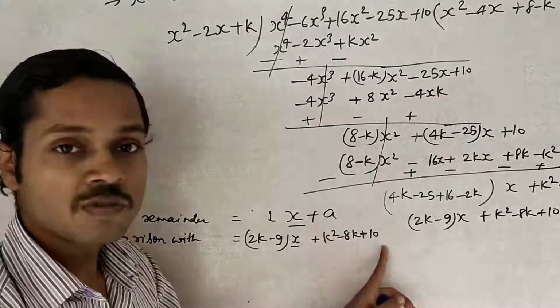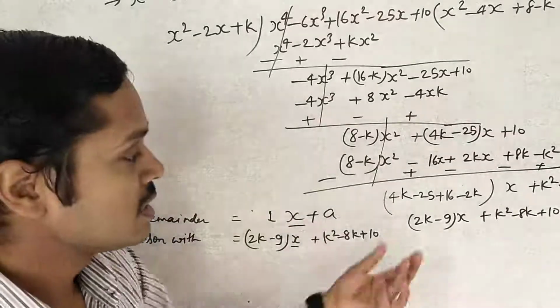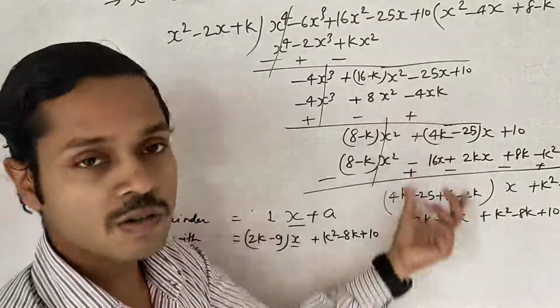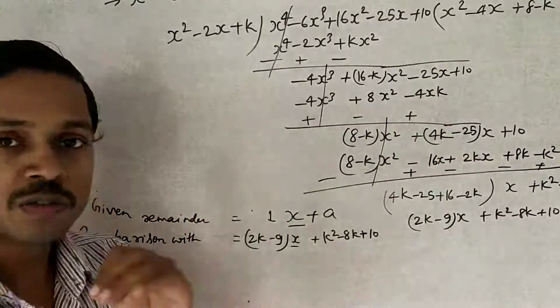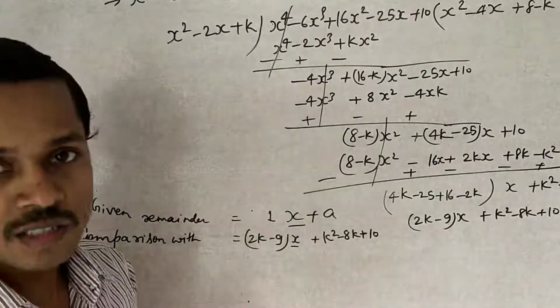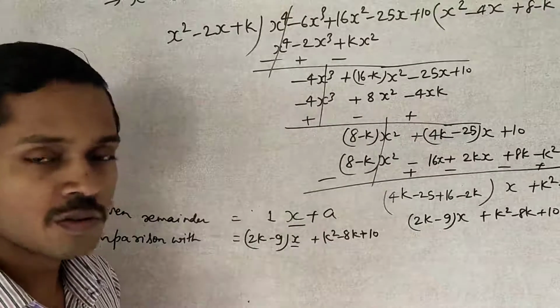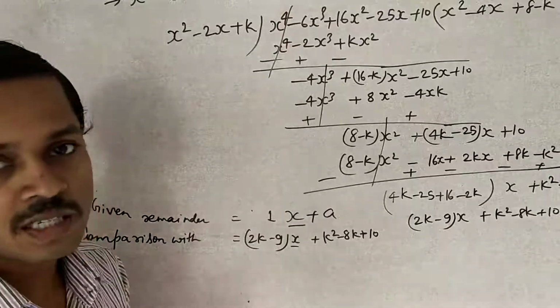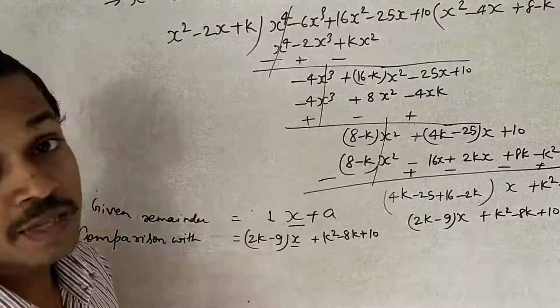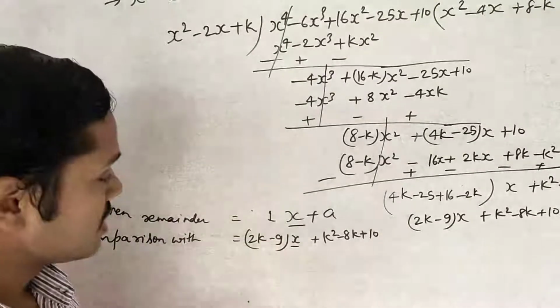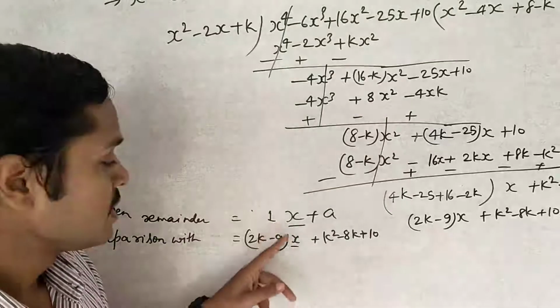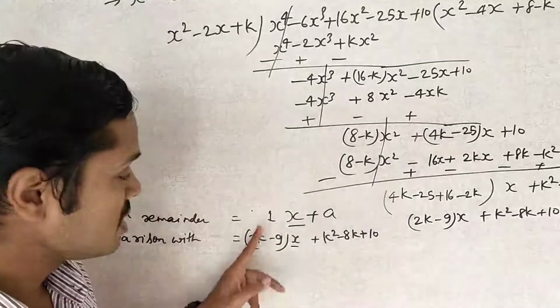And a is equal to this one. Understood? I am repeating again. This is the remainder according to our process, and this is the remainder according to the question. But in the same question, is it possible that two types of remainder will be found? No, it cannot be possible. Means both are equal. Therefore, we are making them equal. Look there, x, what is the coefficient? 1. The x coefficient is equal to 1. Means this one equals this one.